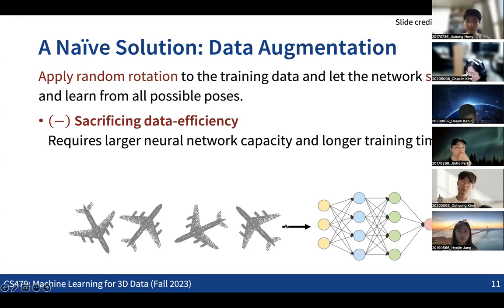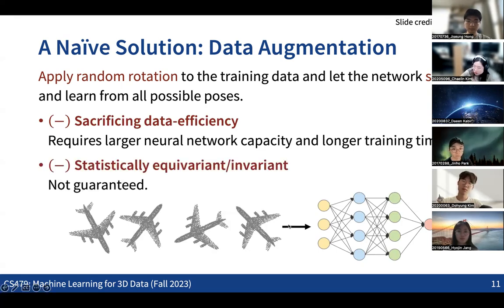And also this does not guarantee that it learns the rotation invariance or covariance. We are basically teaching the neural net that these two are the same thing. So when you rotate the 3D model, we are teaching the neural net that whether you have this one or some rotated 3D models, these two should result in the same output. So this is a statistical way to teach rotation invariance or covariance, but it obviously does not guarantee the same outputs at test time.